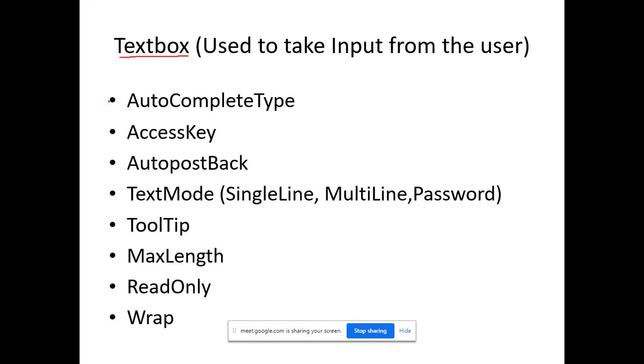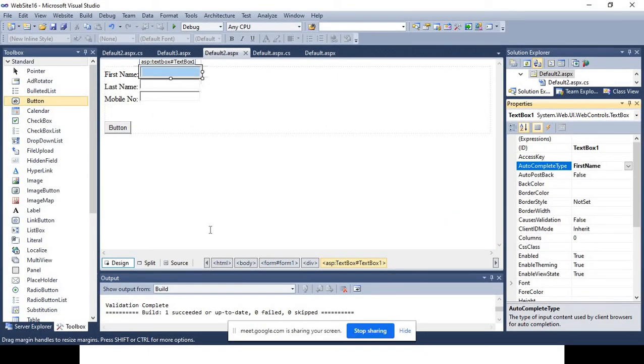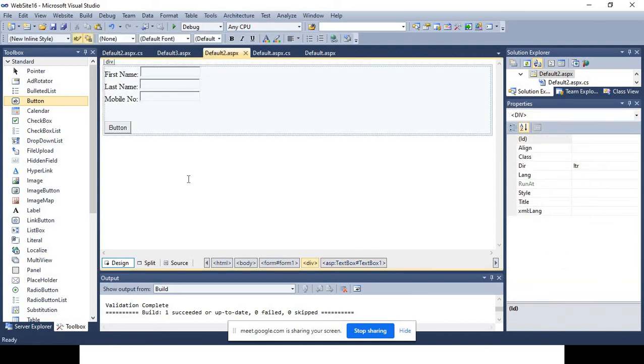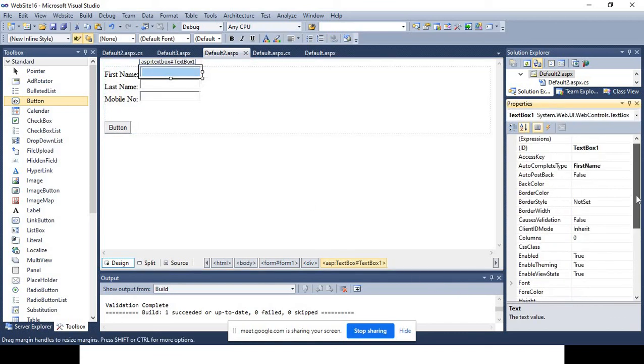So this is something about the first property, called autocomplete type. Fine. Now the second property is called access key. Okay, fine. So we have already designed the page. So here, this particular text box, what I am doing is autocomplete, that is done.